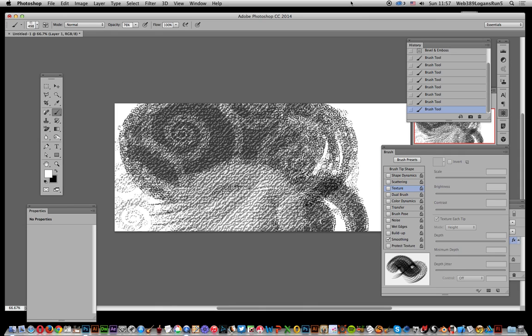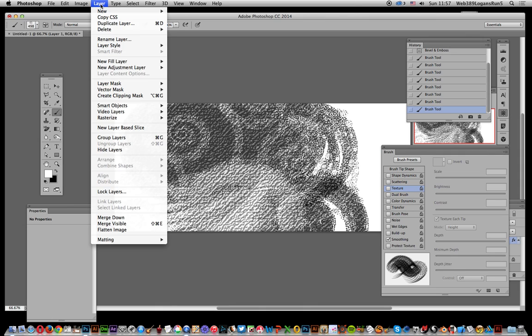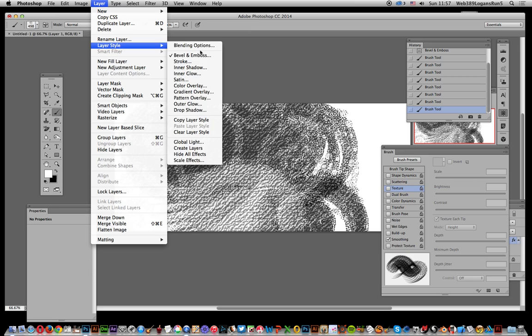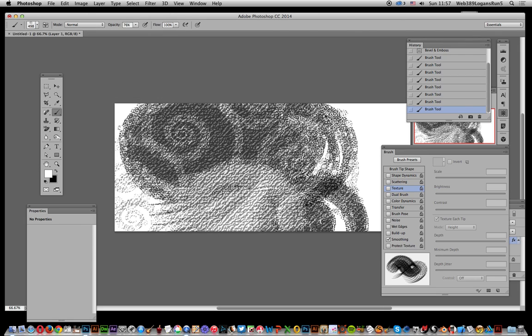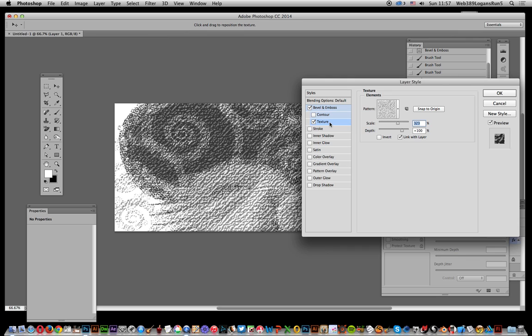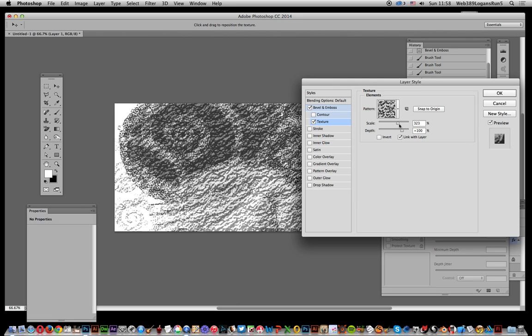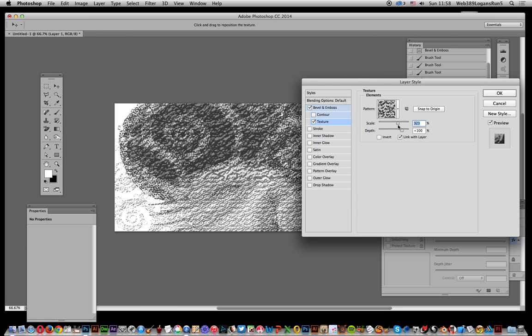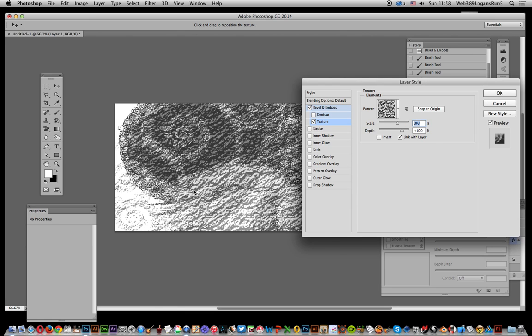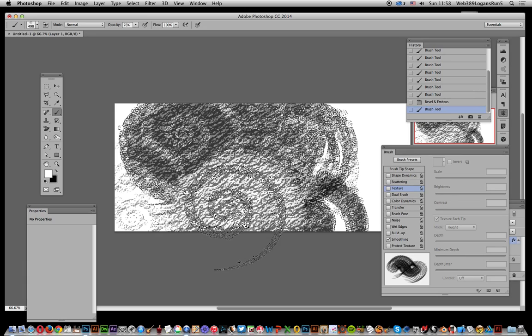And of course not only that, the texture is still variable, so you can go over here, layer style, and bevel and emboss, and you can modify it. So just go down to texture, say you don't want that texture, you want that texture instead, modify the scale, and so you can continue to combine the brush strokes with that. Anyway, hope you found this